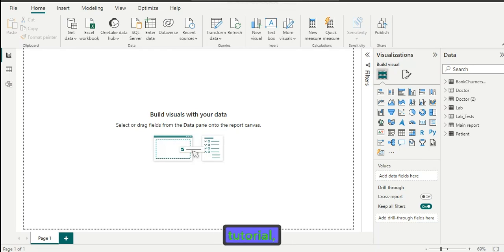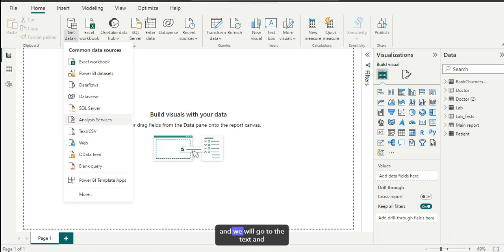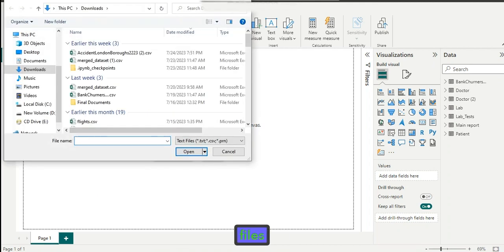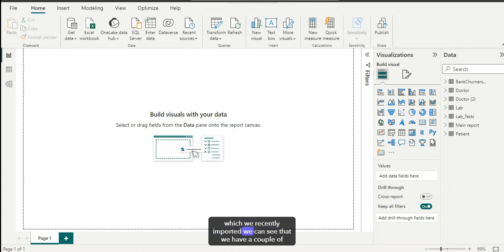Welcome back students. In this tutorial we will learn about the different types of options and data types that are available in Power BI. We will start with the Get Data option and go to Text and CSV files. Now if I want to import this bank journal which we recently imported,